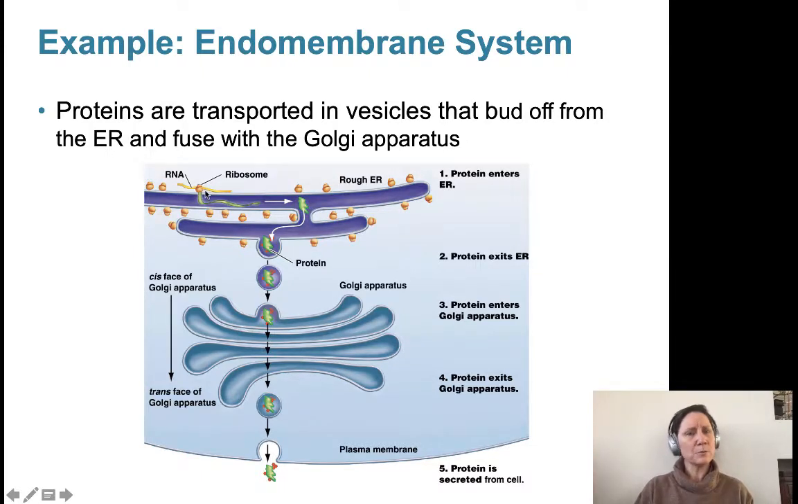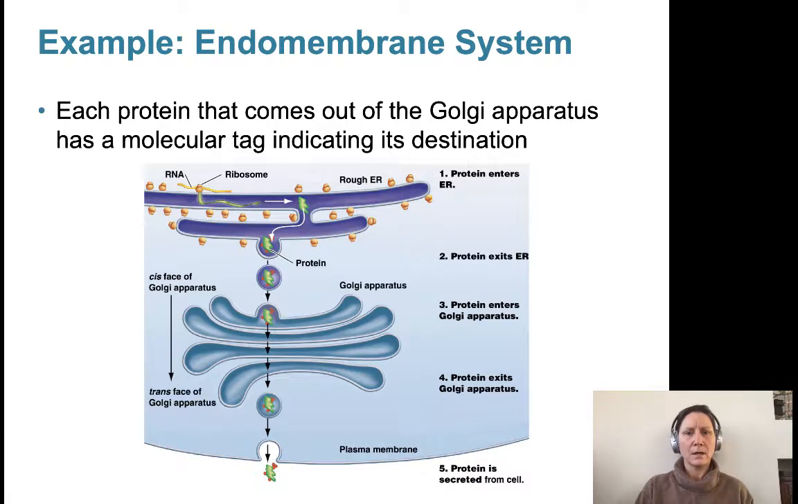So then what happens is those proteins are transported into, wrong part. So it starts here, right? It's then transported out of the rough ER in this vesicle and then enters into the Golgi apparatus. Once there, each protein that comes out has a molecular tag, which you can kind of see. So it's going to go through the endoplasmic reticulum, come out through a vesicle, and it's going to have a tag on it. And let me show you that. So it enters the ER, exits the ER, protein enters the Golgi apparatus, exits, and it's going to get secreted